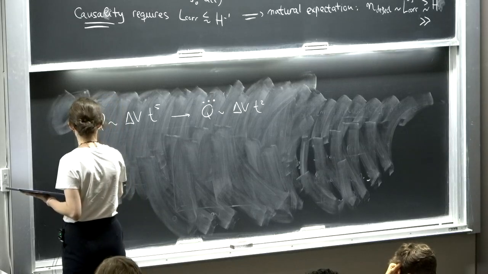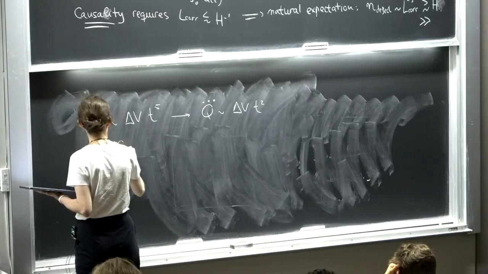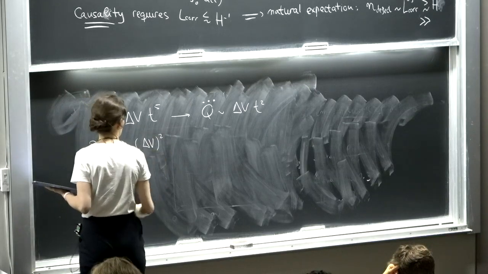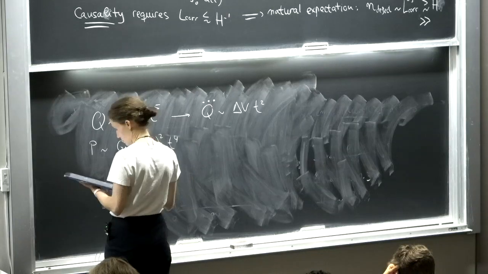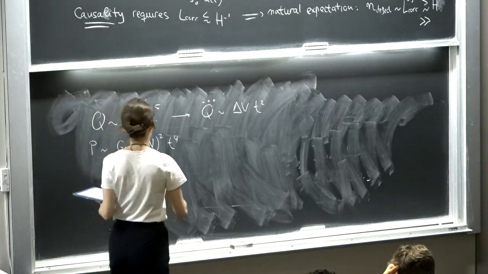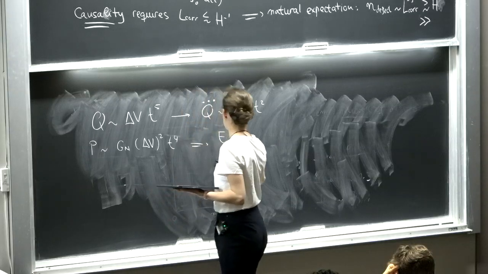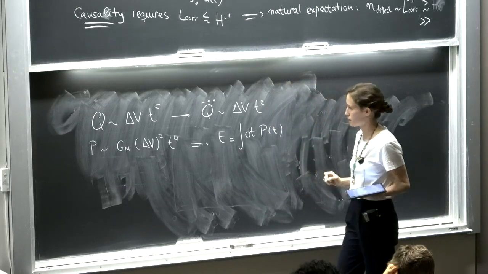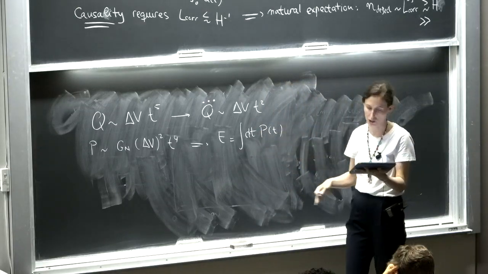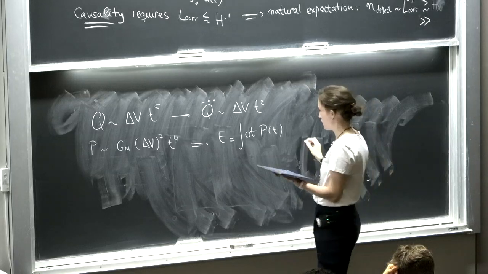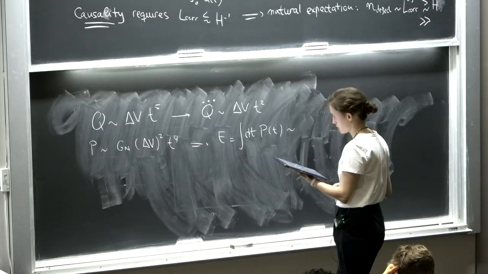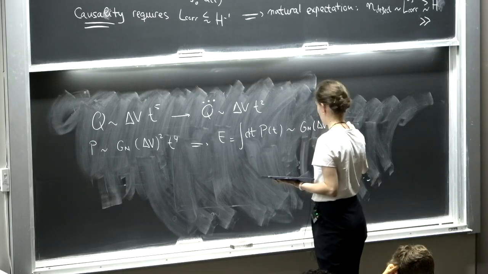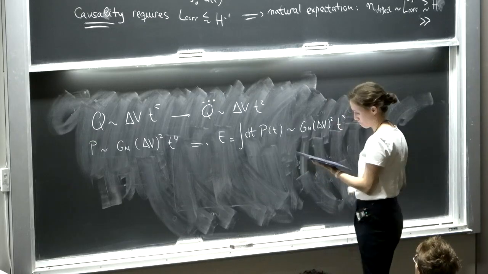So power in gravitational waves emitted would be something like G Newton delta V squared t to the 4th. Is that right? Yes. Now, total energy is the integral of the power over the time the transition is taking place. So let's say that's also the Hubble time. So we end up with something like G Newton delta V squared t to the 5. Okay,